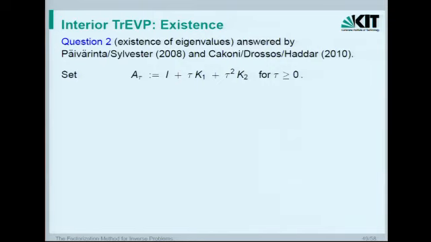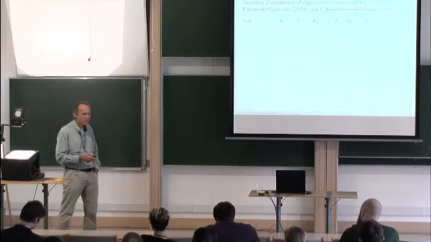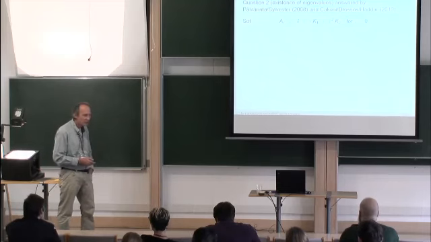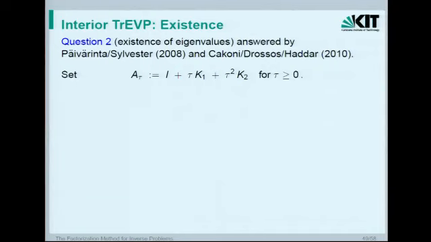There were 20 years of thinking, and people could not do the existence proof, and now it turns out it's really simple. It's really astonishing that we did not find this answer. In 2008, Päivärinta and Sylvester both discovered the idea at an Oberwolfach conference I was organizing. So they found the basic idea of how to prove existence at this conference, under pretty strong assumptions,